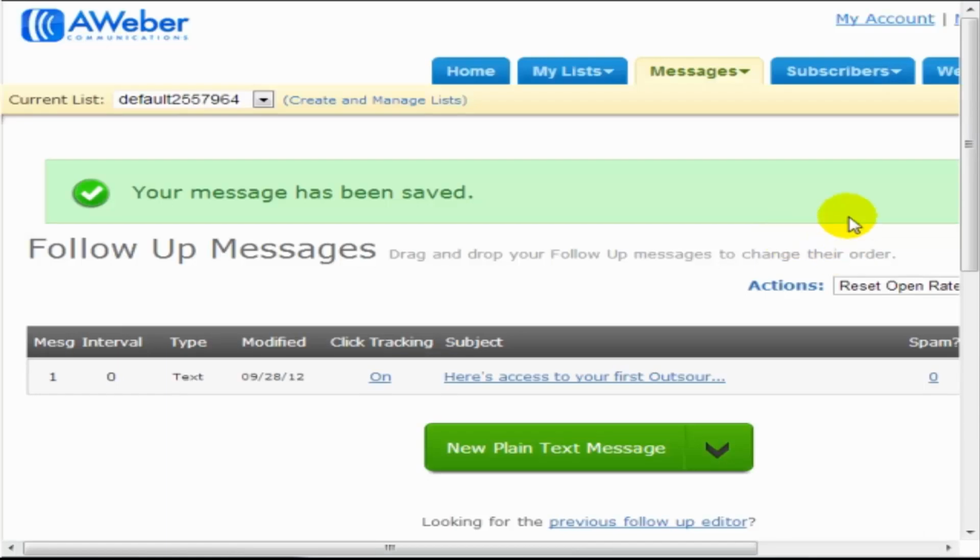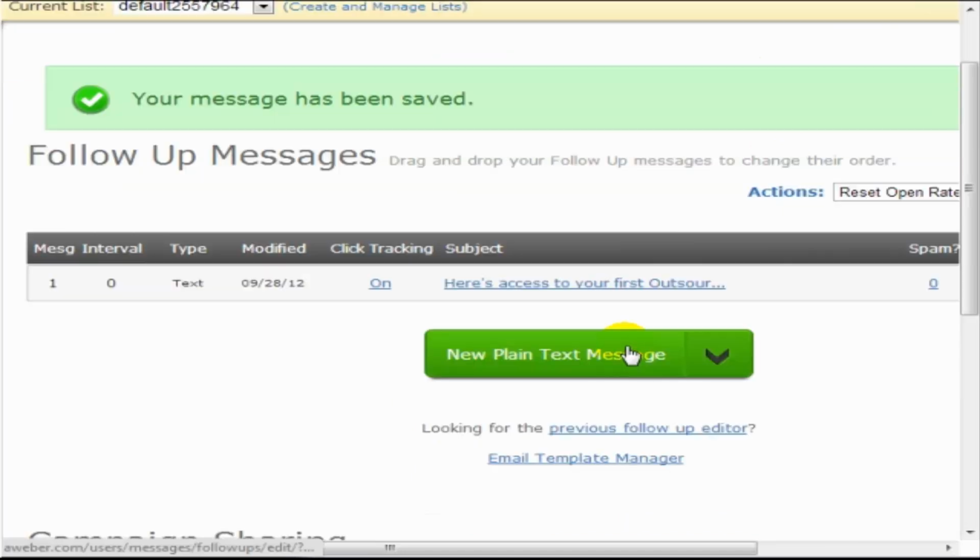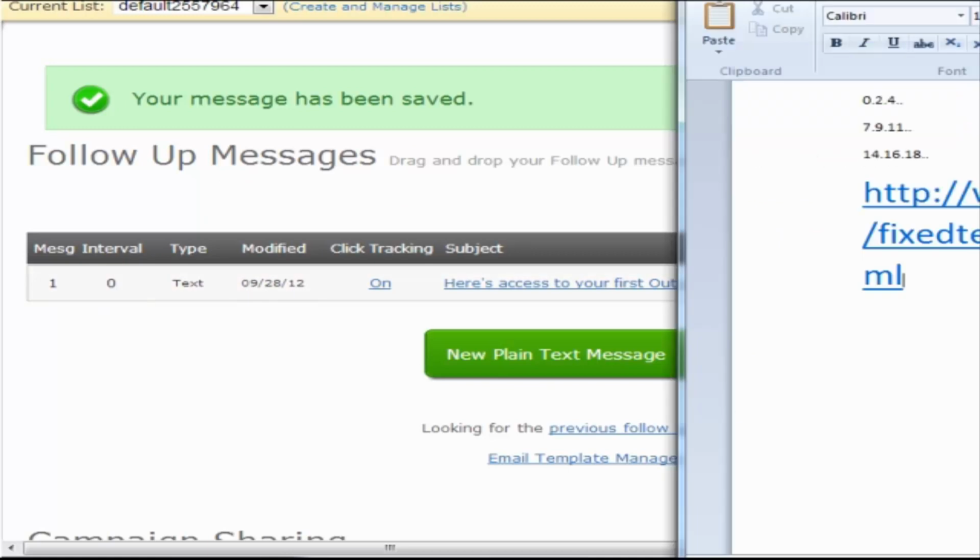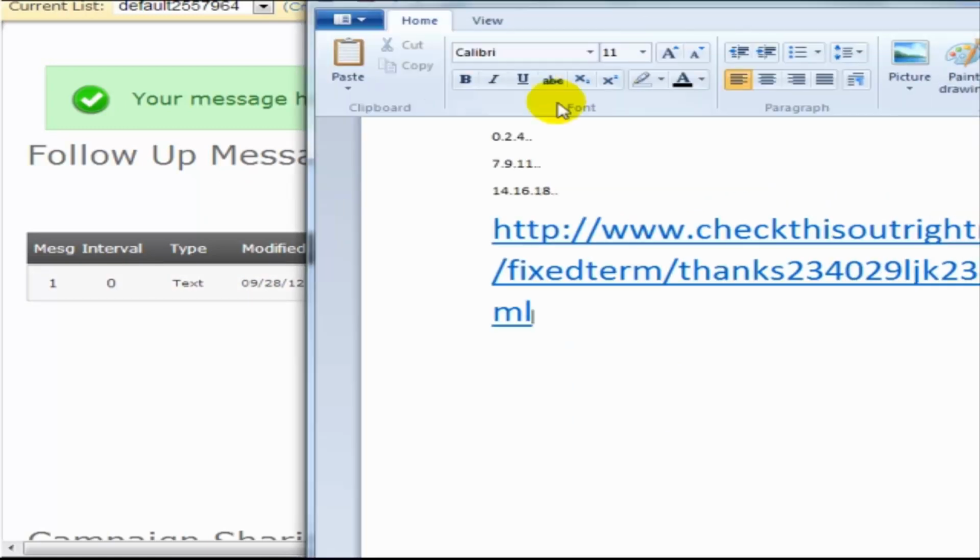And there we go. So we've gone ahead and created the first plain text email message. And what I want to do now is to create the second message. And the second message is going to contain week number 3, day 3. So as you can see, it's 0. And remember, I went through and created a schedule here. So it's going to be 0, 2,